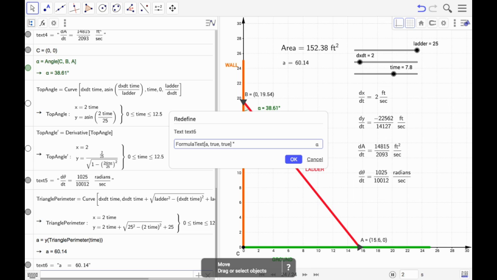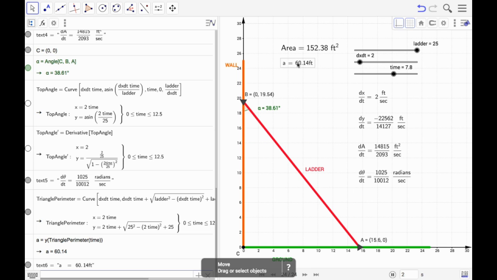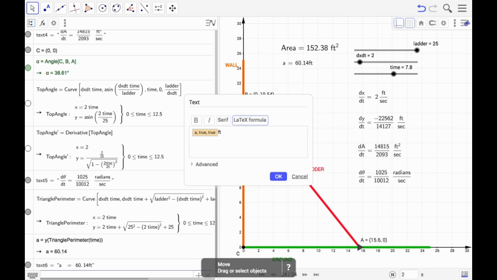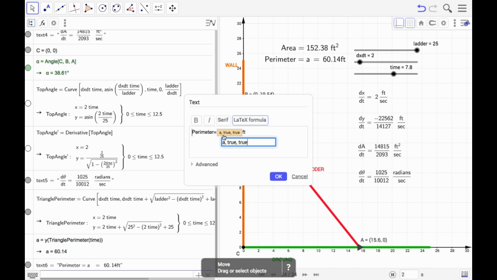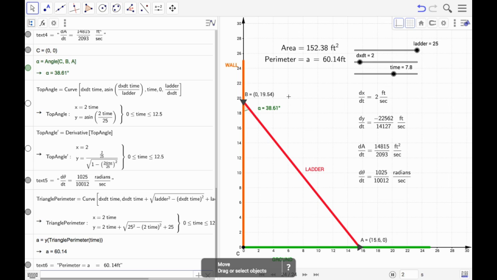Then I'm going to do some renaming. I want this to be in feet, so let's add that on there. Let's come back to it. Then let's come to the front, and I want to write perimeter is equal to that value in feet. I also want to change the size, so I'll select it and let's make it medium size, and then let's slide it over. I got an extra equal in there. Can I get rid of that other equal sign? Let's see if I can change A to perimeter. Well, maybe not. Let's just leave it at that for right now.